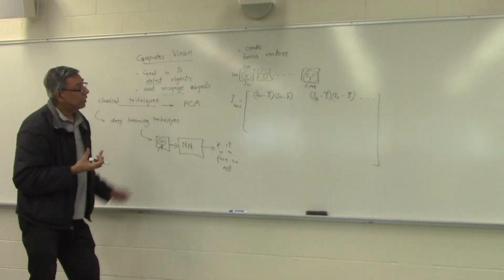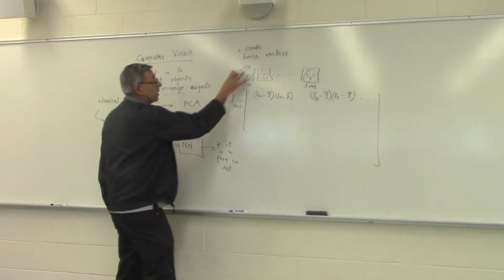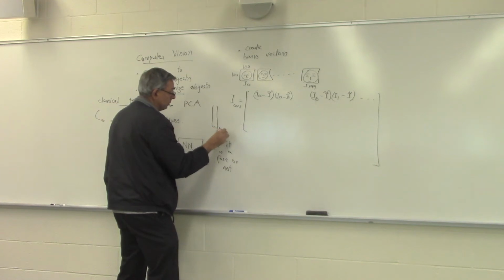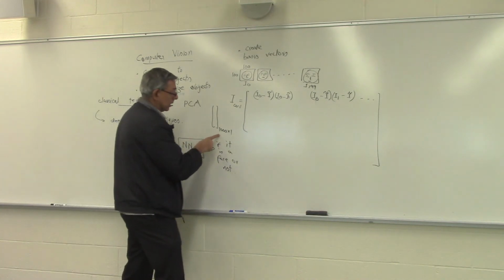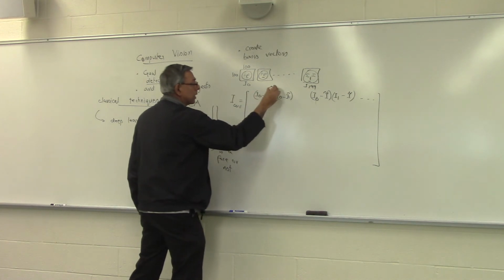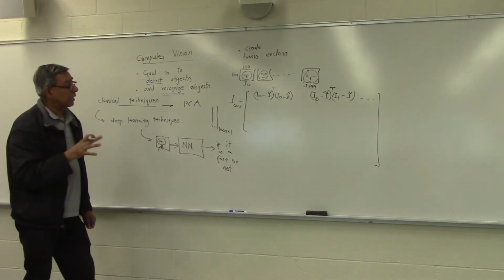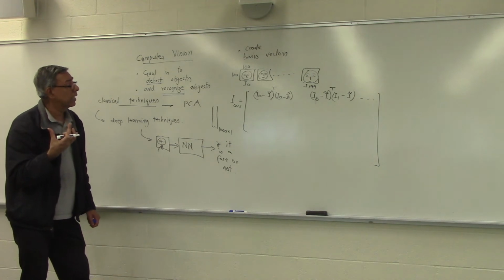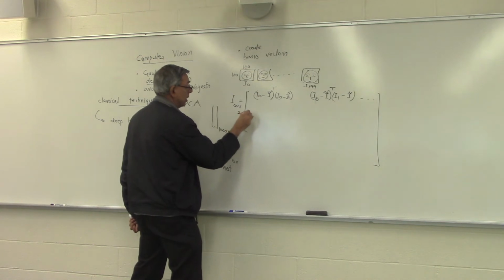Okay, so if every image is, let's say 100 by 100, right? And if we convert it to a vector, you can see it will be a 10,000 by 1 vector. Okay, so if we did the inner product, so meaning I should do a transpose over here, 1 by 10,000 times 10,000 by 1, you'll see will give us just a single number, right? So if we had 200 images, this size will come out to be 200 by 200.